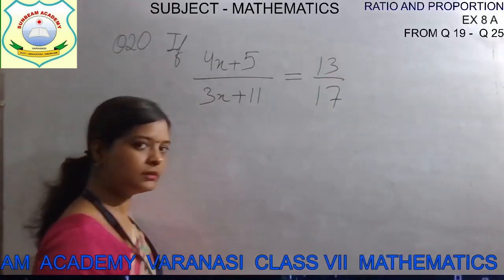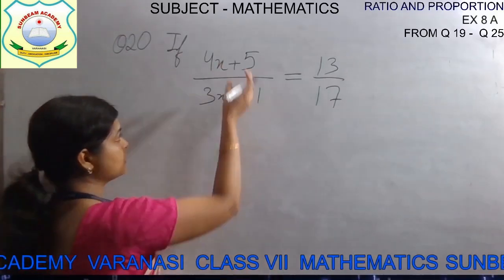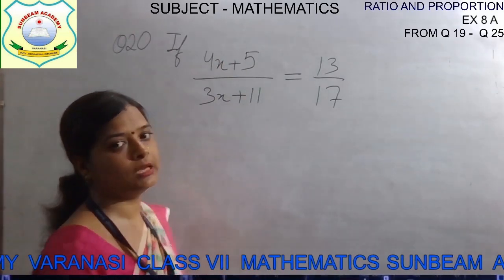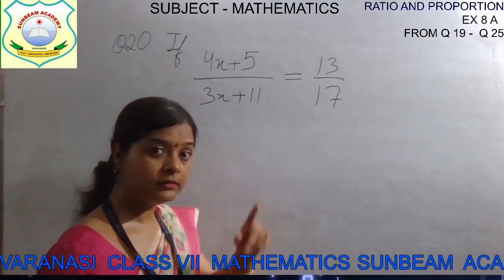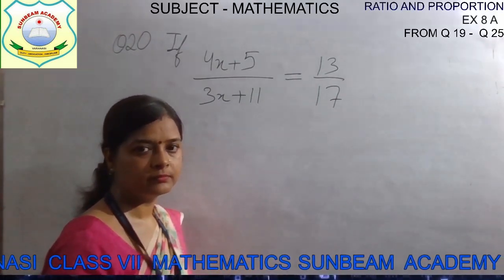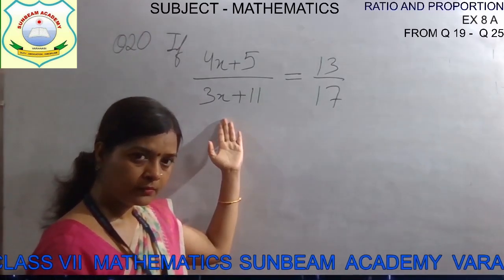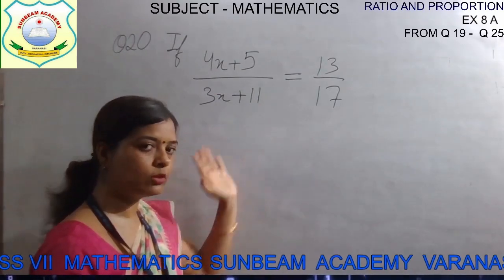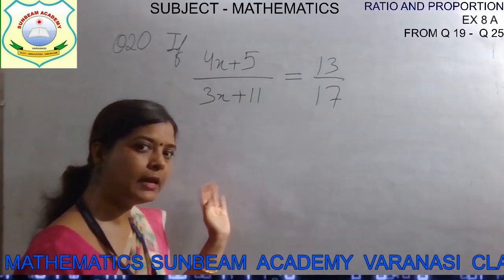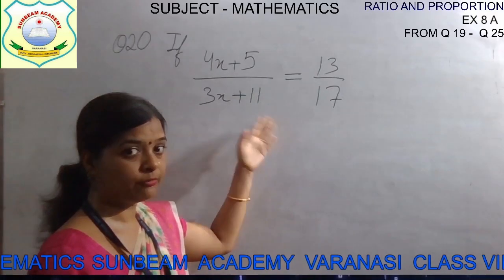In this way we can write ratios in term form, isn't it? If it is written in ratio, we can write in this form. If this is the case, find the value of x. Now children, just remember the last question of exercise 7a. It is of the same form, a linear equation, isn't it? There are some denominators. They are not numbers. If they were numbers, we could take the LCM of those denominators and multiply it on both sides. But they are in the form of terms.